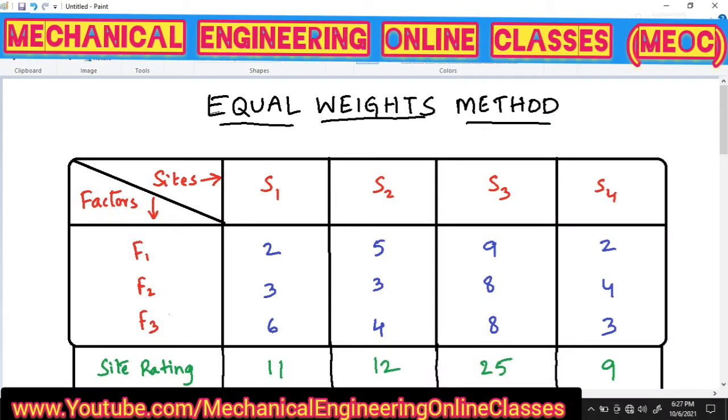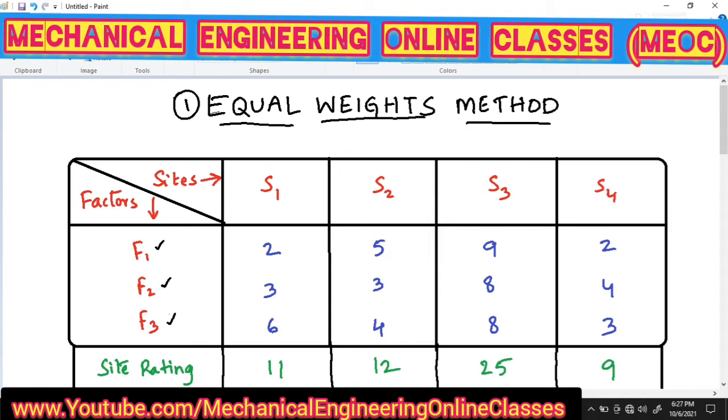So here we have the first method of determining the facility location, which is the equal weights method, in which there are several factors which are listed out here as F1, F2, F3, and there can be more also. But in this example we are showing only three factors, F1, F2 and F3, which will affect the facility location decision.